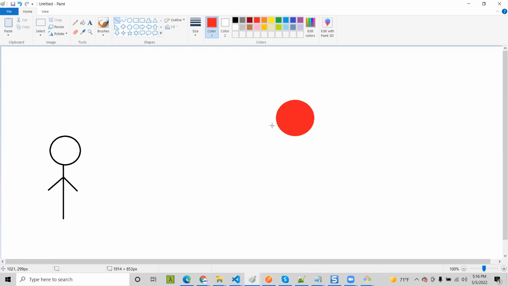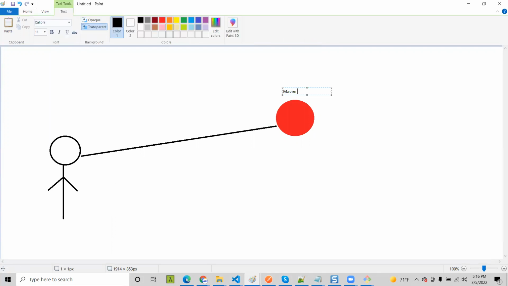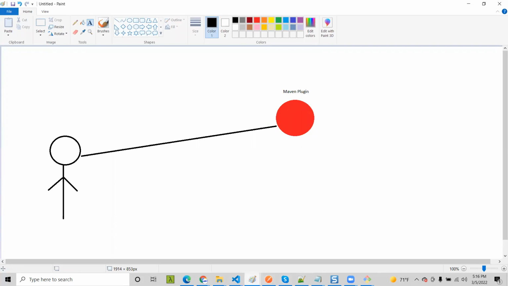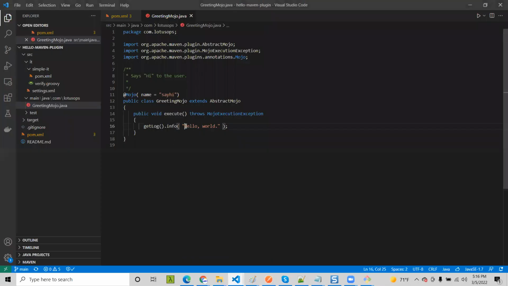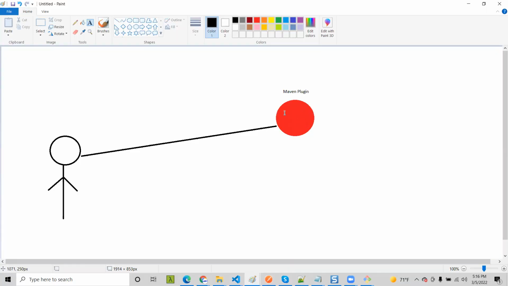Now, once the apple is ready, what will this guy do? Eat it? Yes. Yeah, that's the exact same thing. This is the Maven plugin. In the Maven plugin, we said that the job of the Maven plugin is nothing but to write hello world to the console. That's the only job. It does nothing else. So that's where we created this apple. Now, when we create the plugin, what is the use of the plugin if that plugin is not used by someone, if the apple is not eaten by someone? So this is the guy, this is your